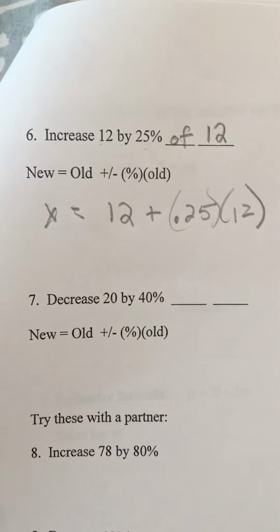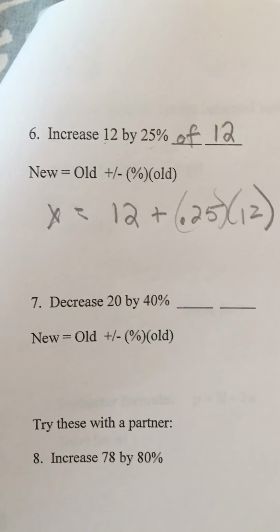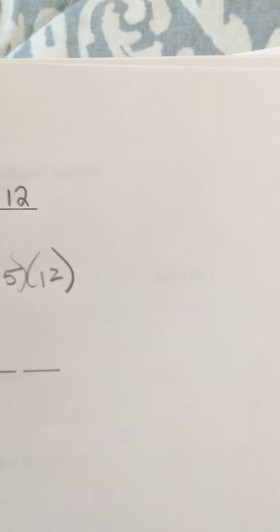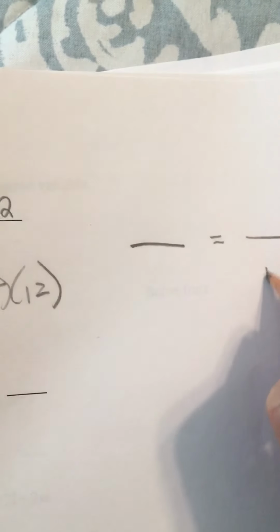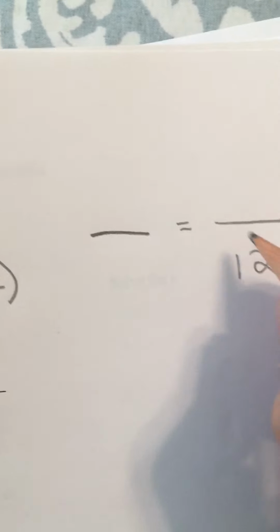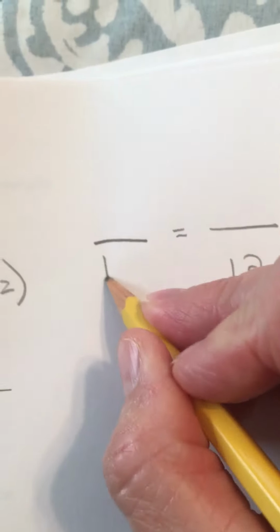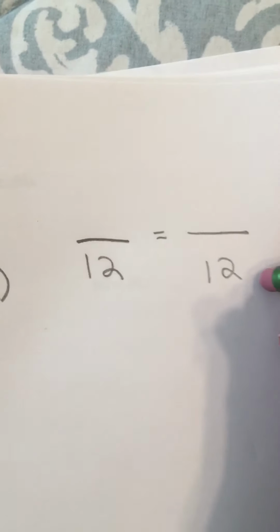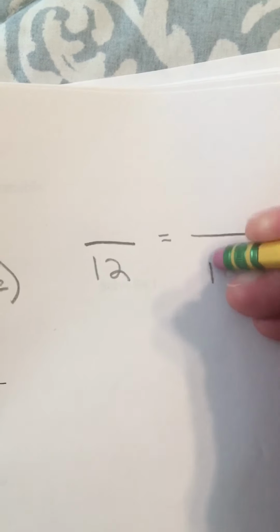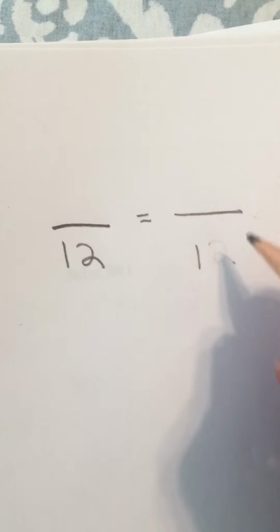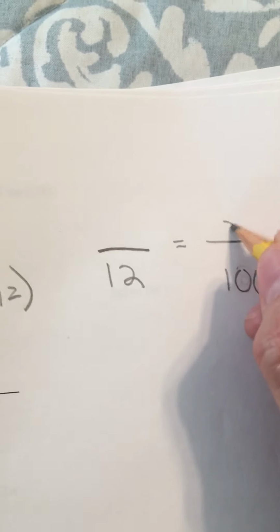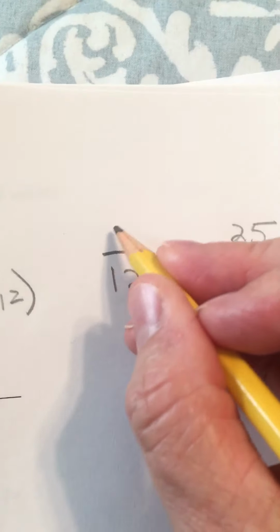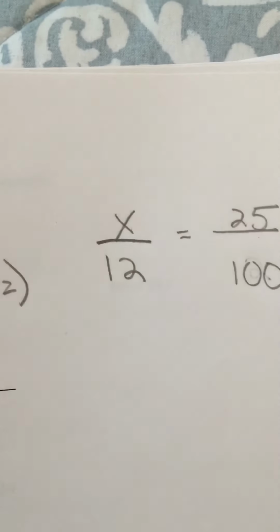But if you're the type that likes the percent proportion better, then what we can do is say we want to know what is 25% of 12. So the 12 goes there. I'm sorry, the 100 always goes here. So the "of" number goes on the bottom. The percent goes on top of the 100. And we're trying to solve for x. So whether you do it this way or this way,